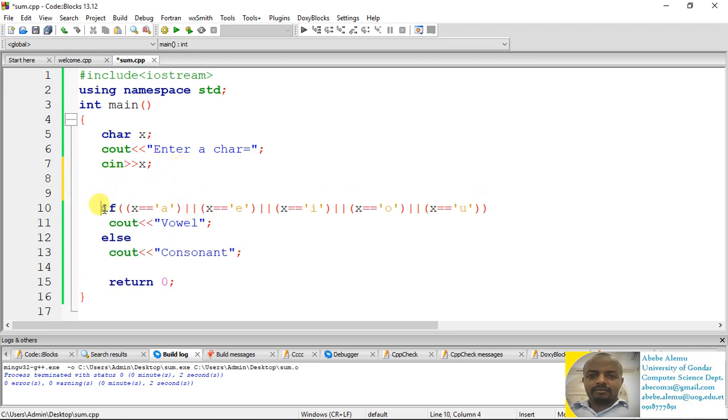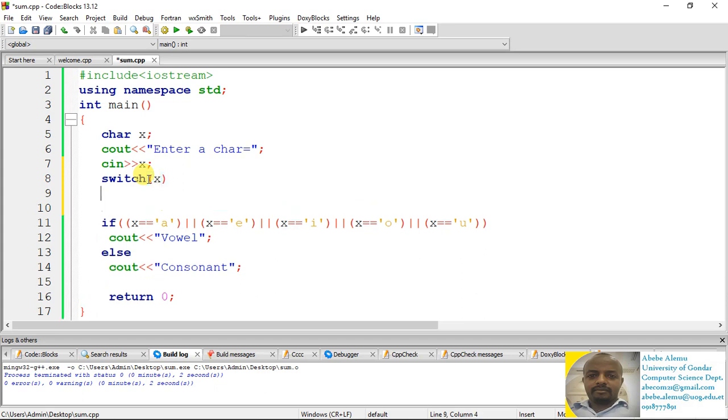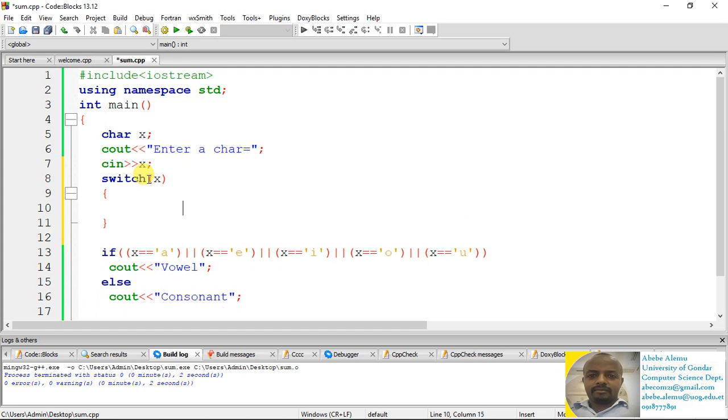If you want to rewrite this program with the help of switch case, you have to use this syntax: switch. In between the parentheses of the switch, we put the variable that we check, what we call the conditional variable. So x is the conditional variable that we are going to check. As you see here, the conditions are the cases in switch case. So case 'a': if the value of x equals a,